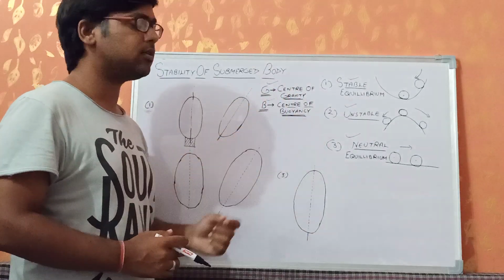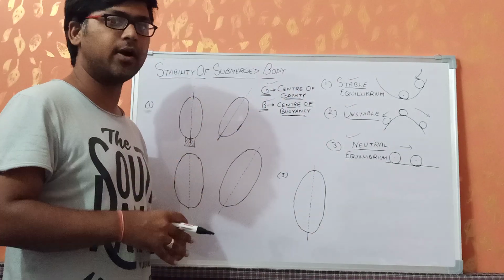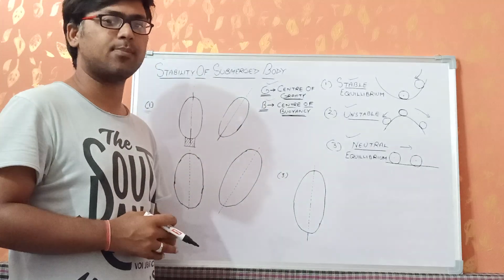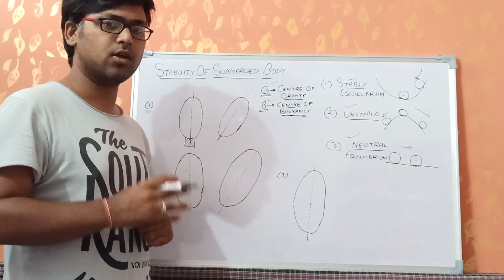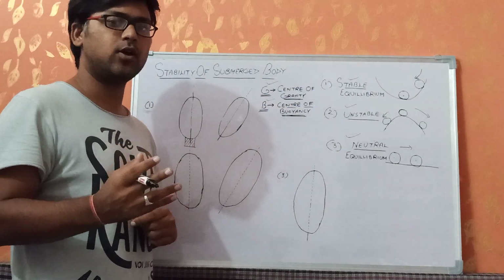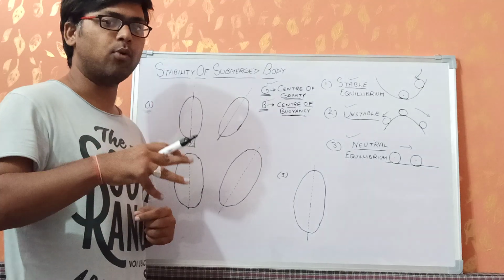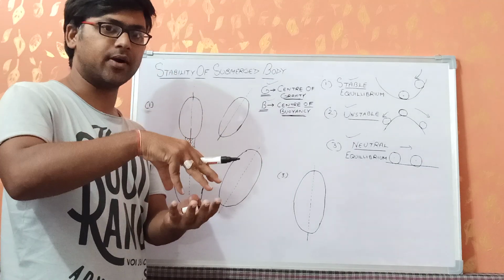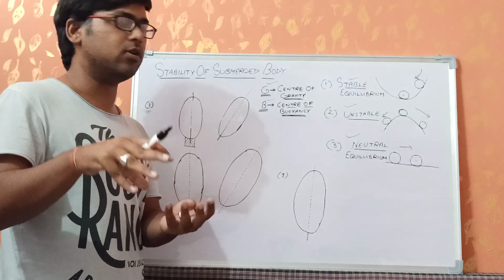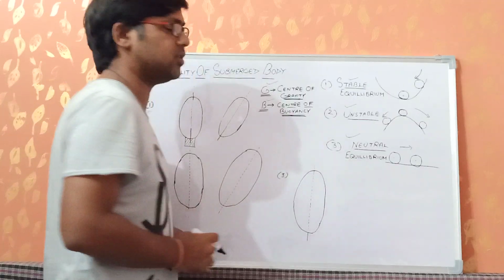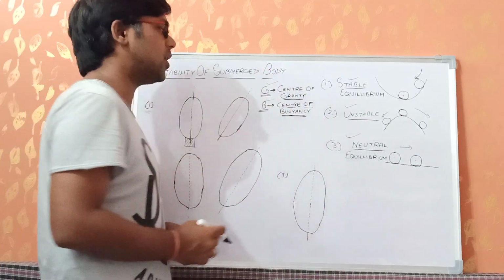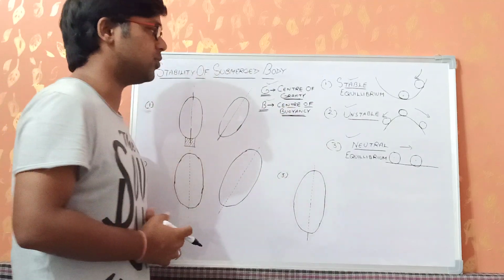So G is the center of gravity of the body that is immersed in the water, clear? And B, the center of buoyancy, basically represents the point through which the force of buoyancy is going to act. Center of buoyancy represents the centroid of the displaced fluid. When a body is immersed in the water, it will displace the fluid. So the centroid of displaced fluid will represent the center of buoyancy. So this entire topic depends upon the position of center of gravity and center of buoyancy.